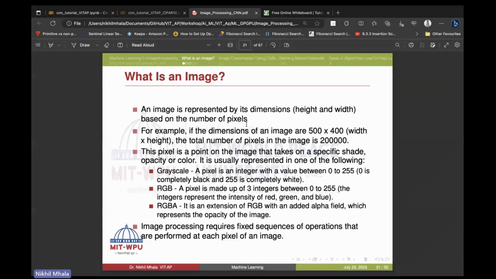But if I'm having high resolution cameras, which can capture 16 bits of information, at that time, what will be the range of this pixel? 2 raised to power 16 will be,